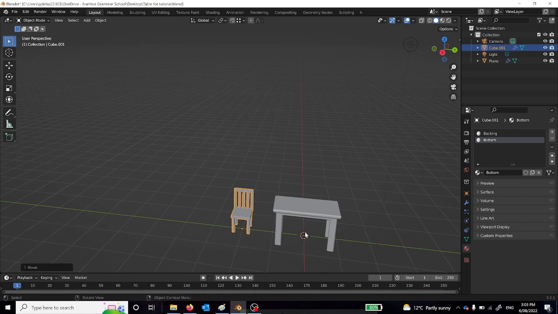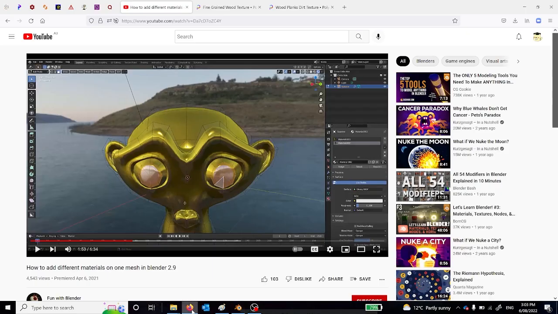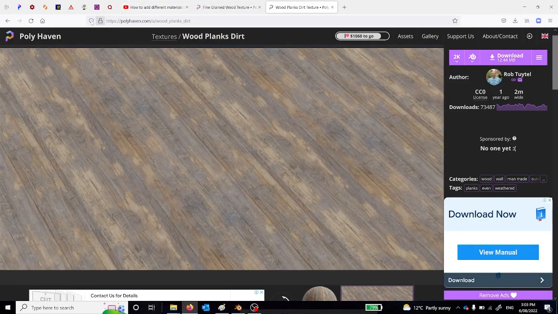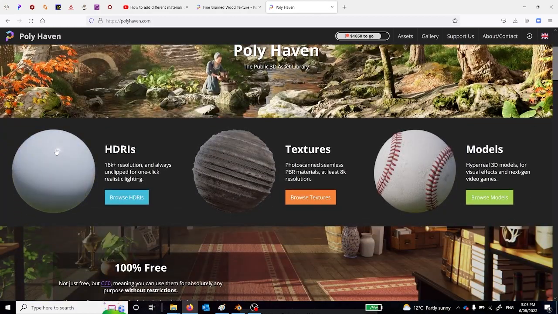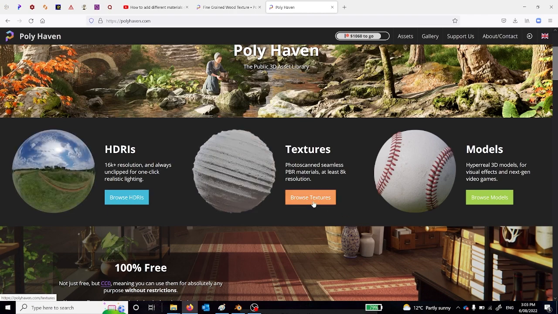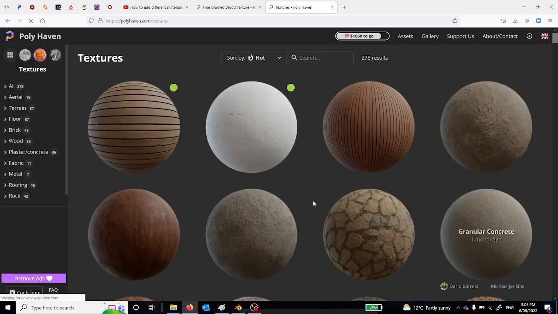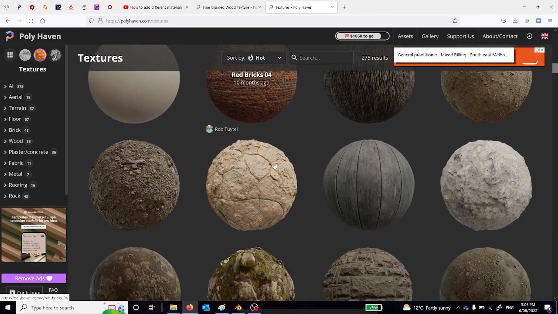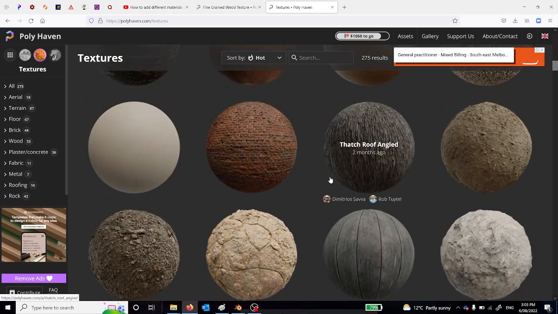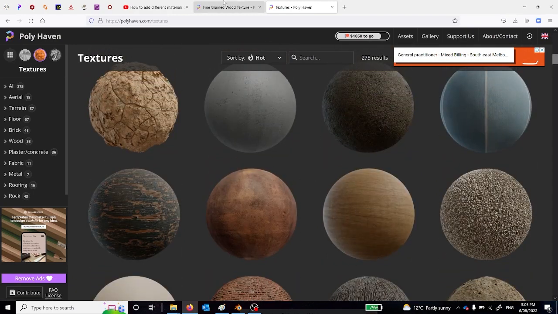You can either take a photo and make a UV map, which is quite difficult, or you could get some free textures online, and the best website to use for that is this one. It's called Polyhaven, and it has free models and free textures and free HDRIs, which aren't as important. If you click Browse Textures, you get about 300 free textures, and I'll show you how to install and use them. I have been using just the fine grained wood texture, and I also use the plywood texture,